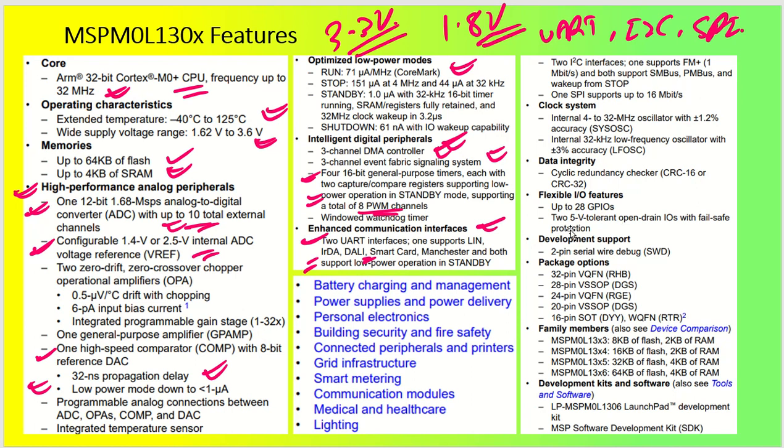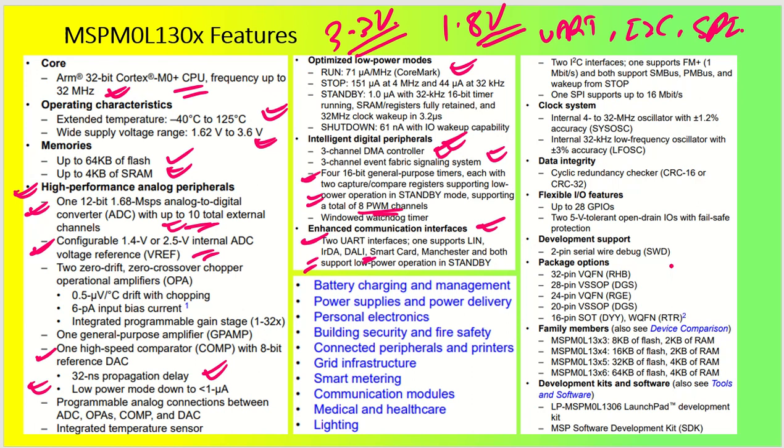We have two pins which are going to have 5-volt tolerance. Okay, so if you are going to utilize some beep buzzer or something like that, or you have some high voltage LEDs, then you can drive them with this 5-volt LED driver kind of thing. So LED indicators generally take 3.3 volts, but however if there is a voltage drop of a little bit high, then you can drive those LEDs with this 5-volt capability. Okay, we have development support.